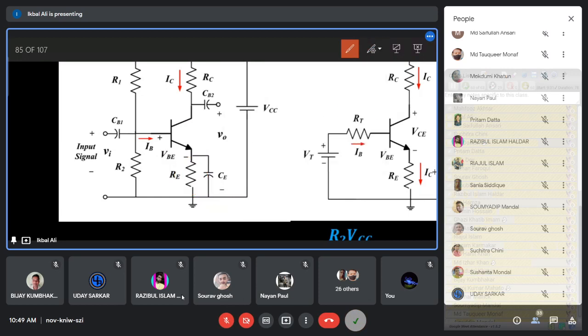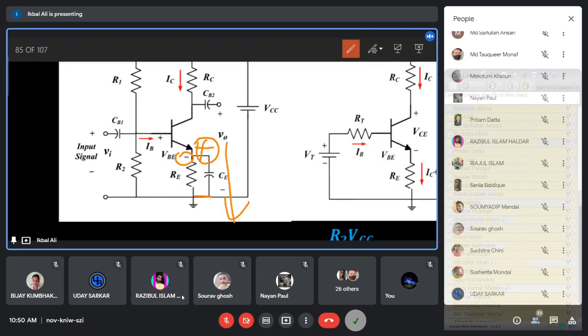So the voltage drop has increased. If the voltage drop increases, then this negative potential will decrease, because if the voltage drop increases, this side is plus, this side is minus, and current is flowing in this way. So this point's potential increases. That means the negative terminal of the VBE potential actually increases.